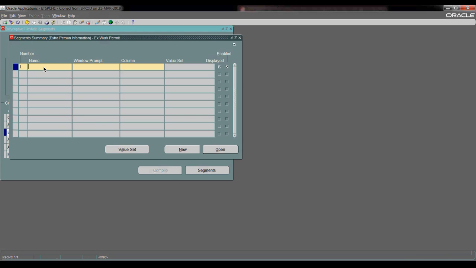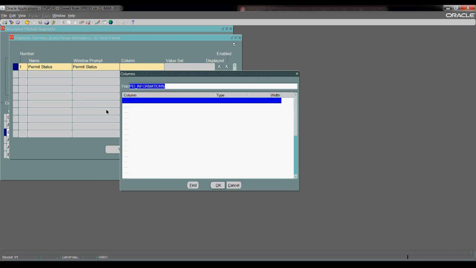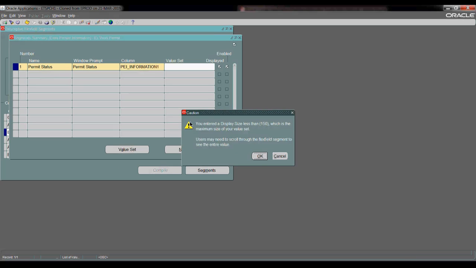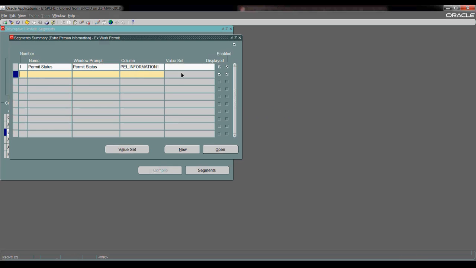So the first one you need to do is, because it's work permits, we can just say permit status. So click on the column and just select maybe just number 1. The next one is the value set, but we can do that one later. So number 2, we can just say what is the